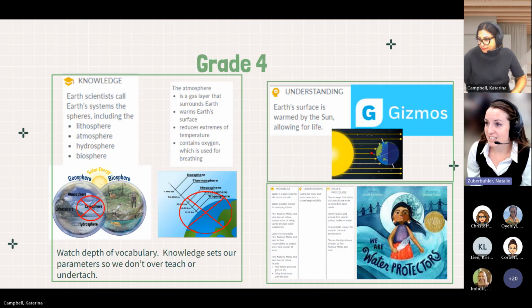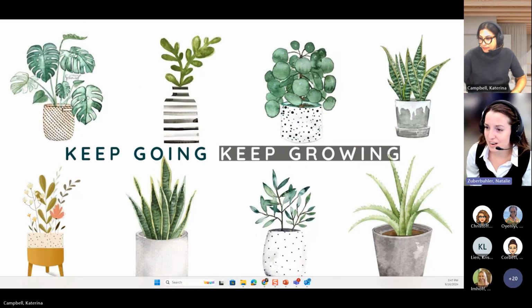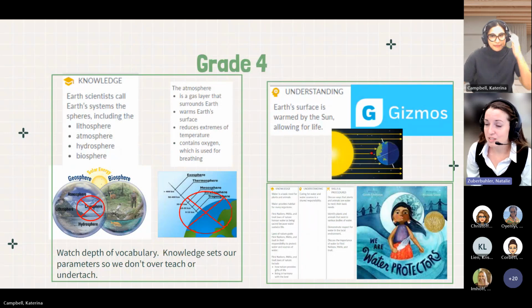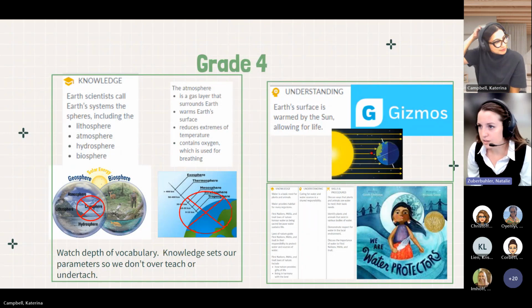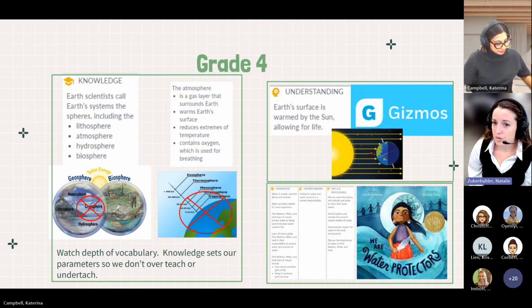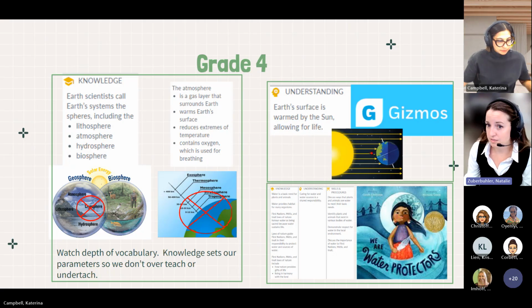Now we're going on to Div 2 Science. So grades 4, 5, and 6 teachers, welcome to your new science. I'm hoping you'll see a few familiar pieces, but with those familiar pieces, we're going to do a little myth busting too. So in grade 4, you're going to see that we're starting with the Earth systems, the spheres, lithosphere,